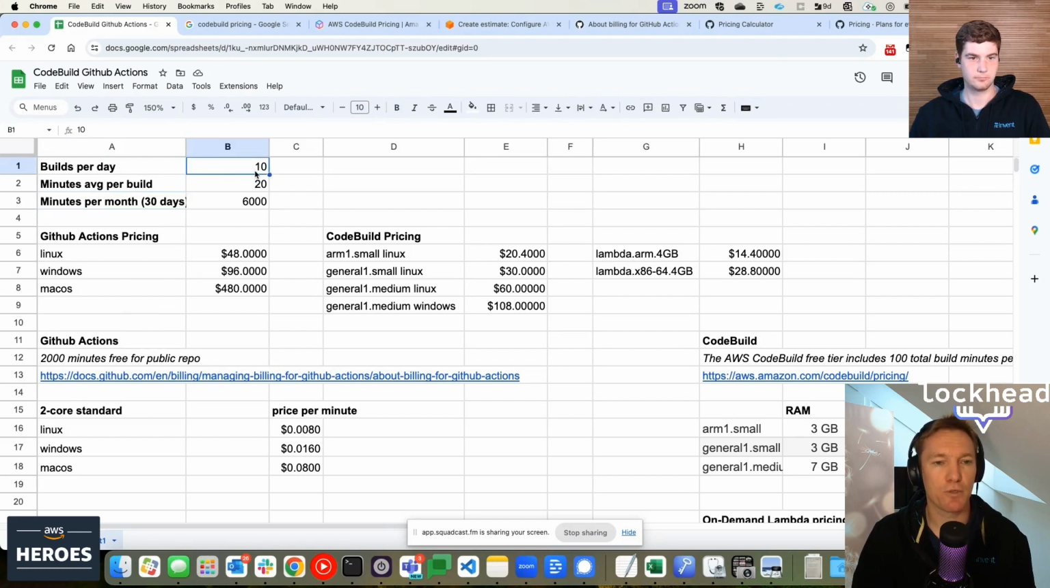Which brings us up to 10 builds per day. Then the minutes average per build is going to be 20 minutes. And that means it sums up to 6,000 build minutes. As we said, we're not talking about the free tier, and we're not including the free build minutes that GitHub Actions has, right? If you translate that to the GitHub Actions pricing, we get to roughly $50 when using Linux,